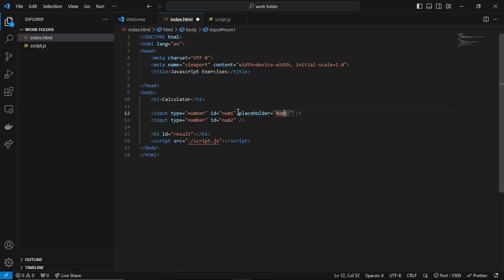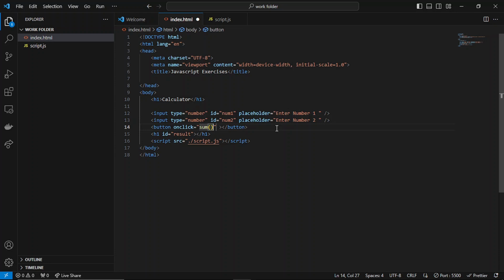Num1, basically number one. Enter number one, and enter number two. Okay, now here I'll create simple buttons. These buttons will be basically